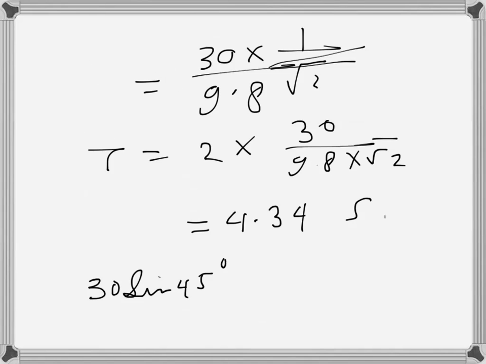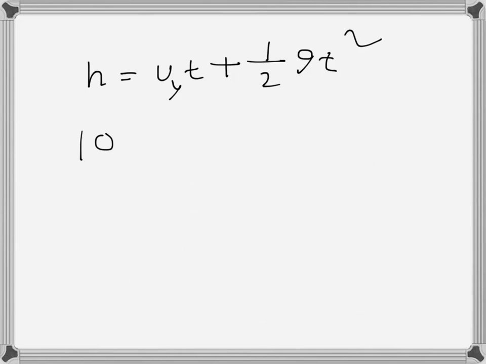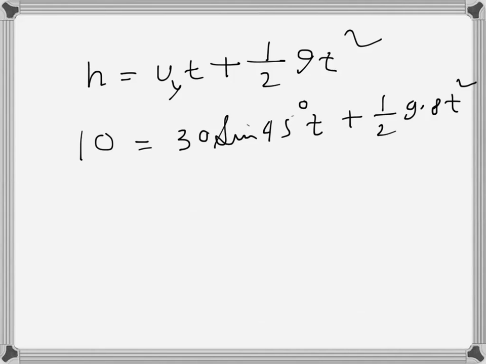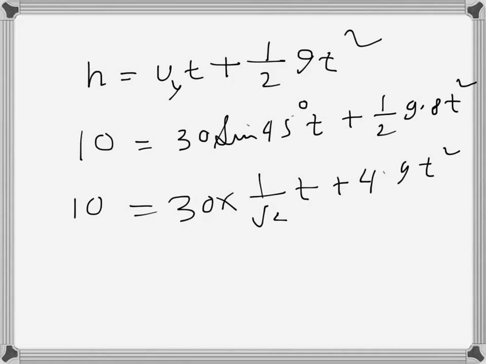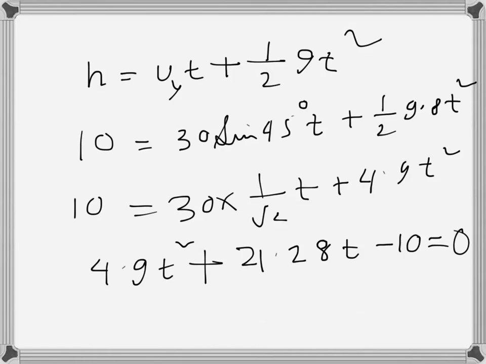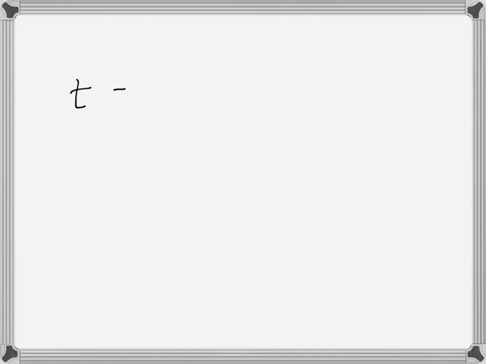Now h is 10 because it's given, and uy is 30 sine 45 degrees, and t is the unknown here, plus half 9.8 t squared. So that's 10 equals 30 times 1 over root 2 t plus 4.9 t squared. So that's 4.9 t squared plus 21.28 t minus 10 is equal to 0. So here it's a quadratic equation and t is the unknown, so we can use the formula for t,